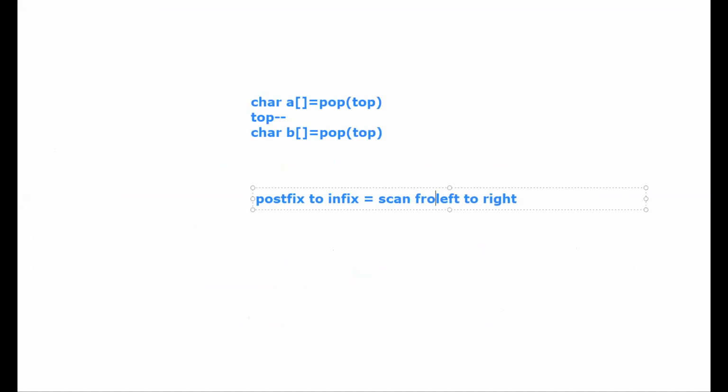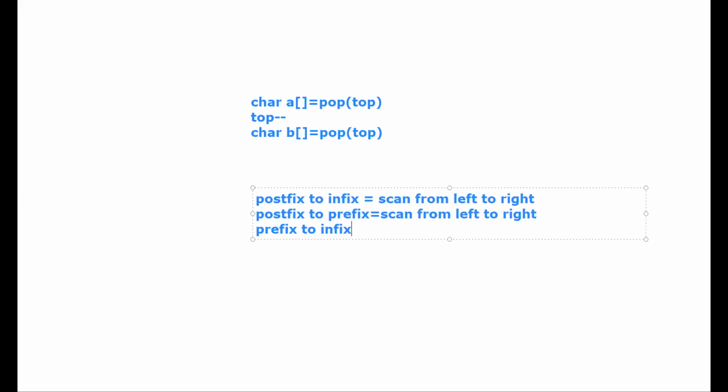Again, postfix to prefix: scan from left to right. Prefix to infix: scan from right to left.